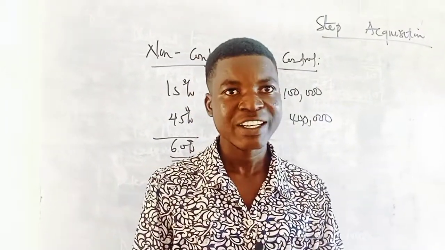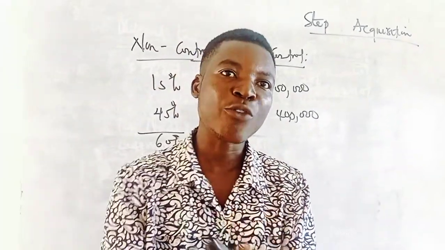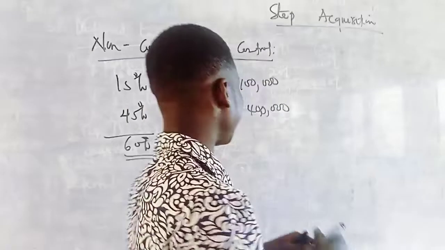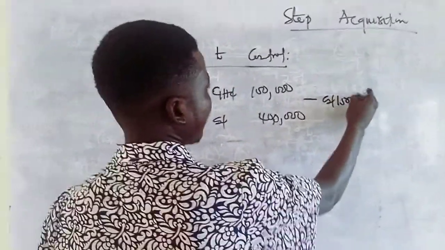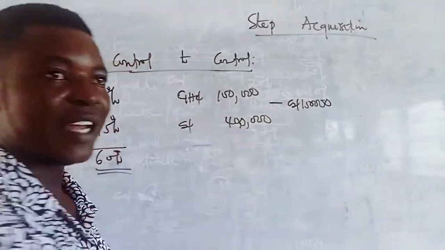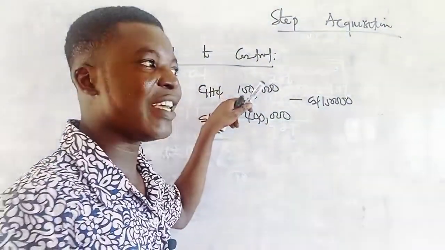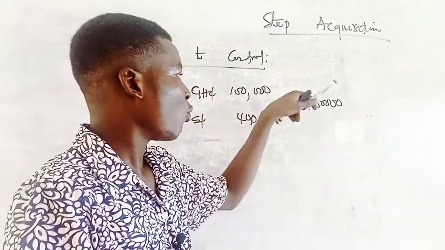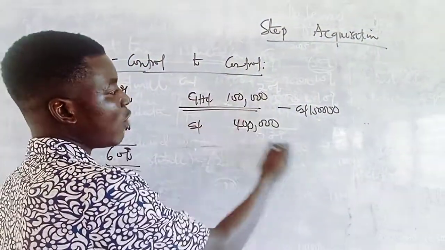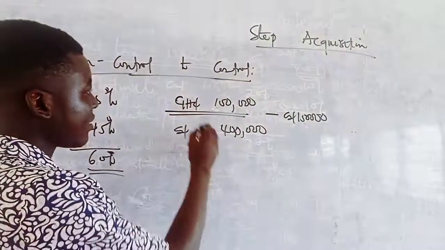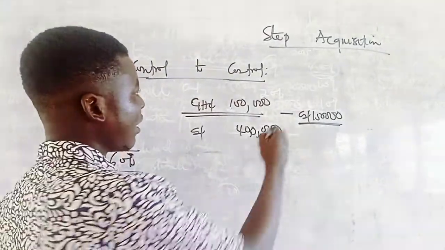If it is at cost, then at the day that control is gained, there will be a fair value of the initial investment. So assuming the fair value at this date is now 150,000. What is happening? You can see that it has increased by 50,000. Therefore, we derecognize the initial investment and assume that we are buying a new investment. So the assumption is that you are selling this and you are rebuying it. So if you are selling it, then you will sell it at 150 and still buy it at 150. Therefore, you will make a